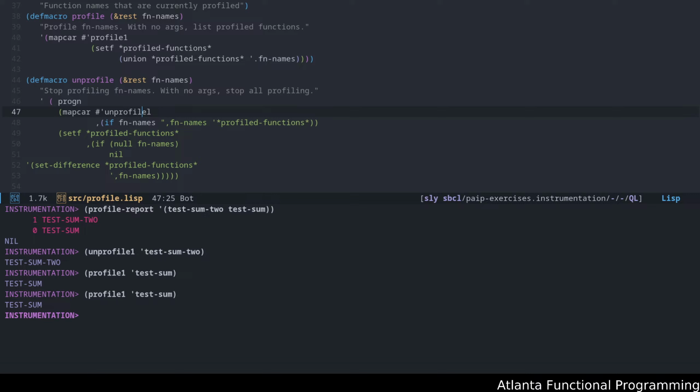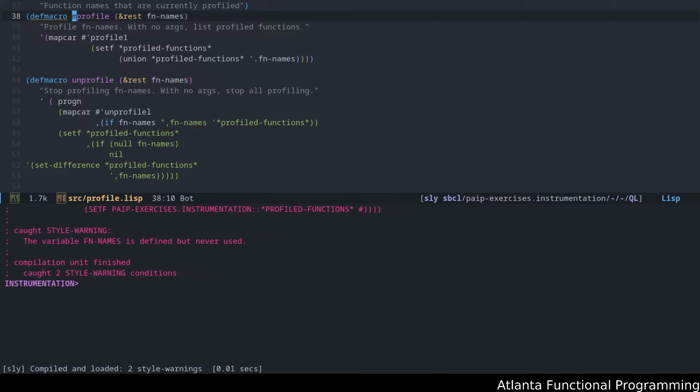Okay, and make that unprofile. I'm just going to call this M profile here, just so that it doesn't get confused with our own.